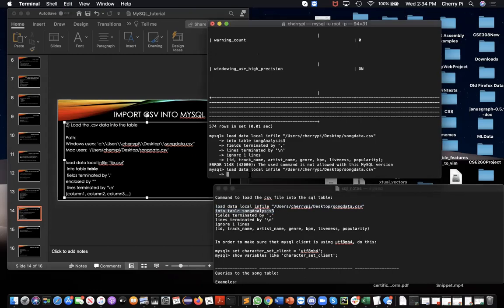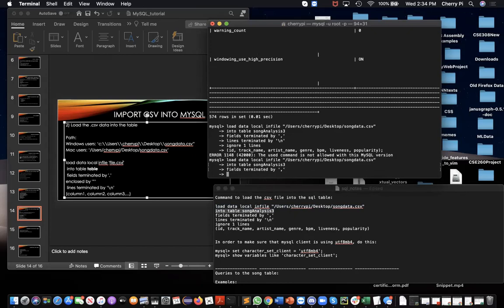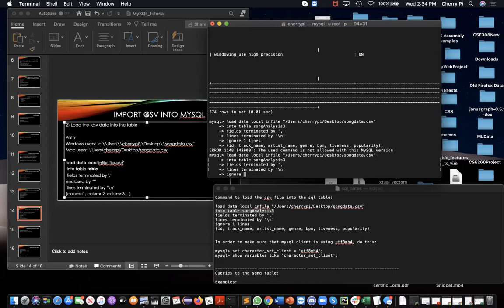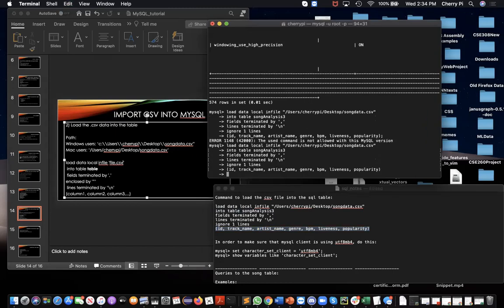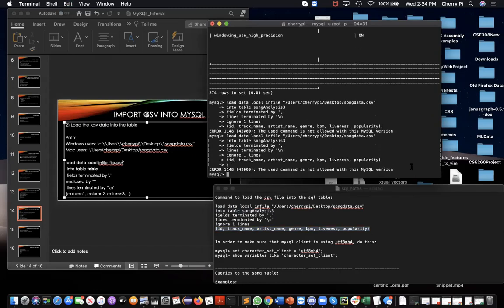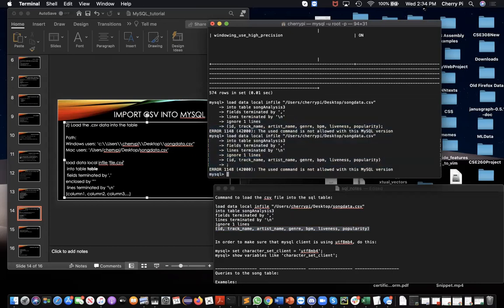And then into table. Okay, what if I just do it manually? Huh, okay. So I guess SQL is being mean, so we'll just go to the other table